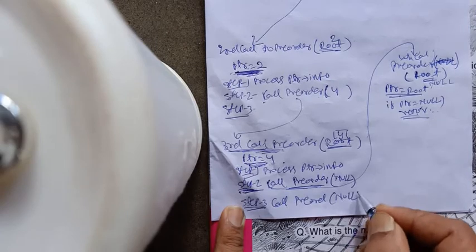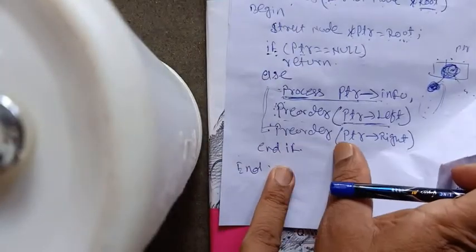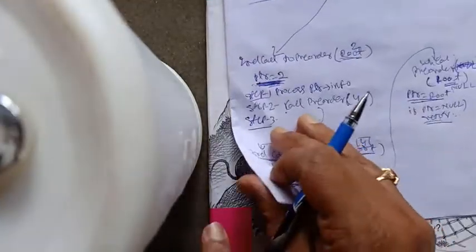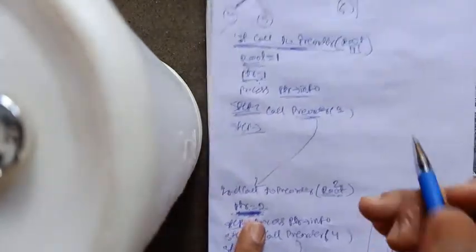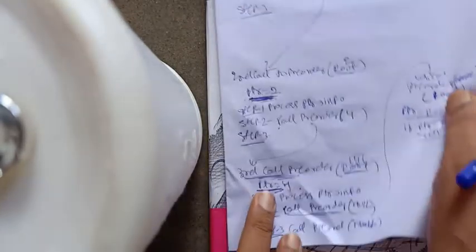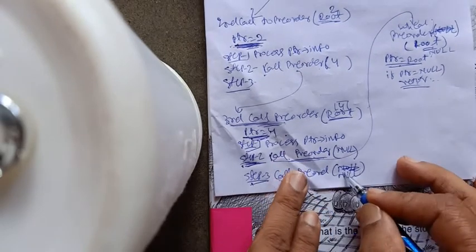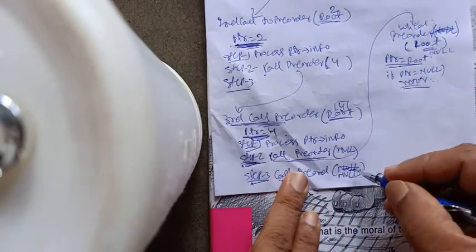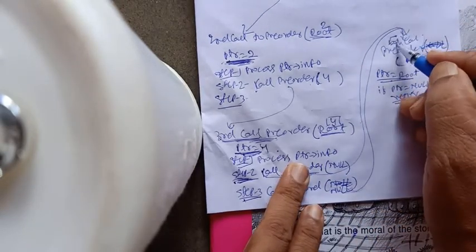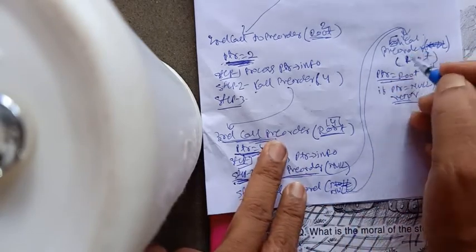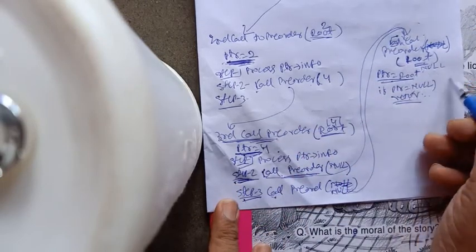So what is step 3? The preorder function is called and ptr's right is passed. In the third call, the ptr value is 4, and the right of ptr is null. So the third call will again pass null, and it will be called as another instance. Instead of showing a different instance, I am showing the same instance. Now a null value will be passed, and again it will return back, because when ptr is null, there is nothing to do.